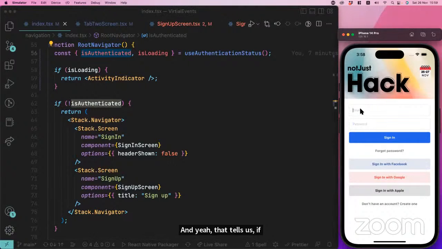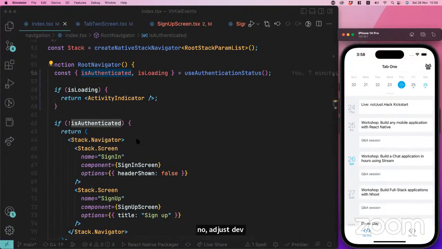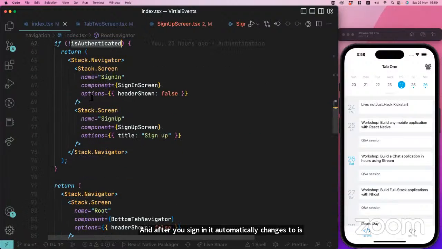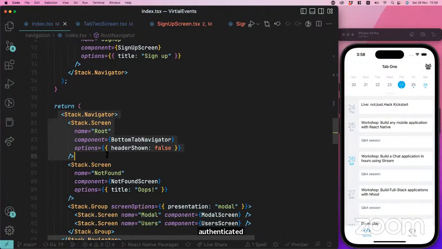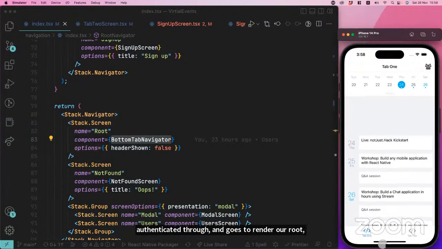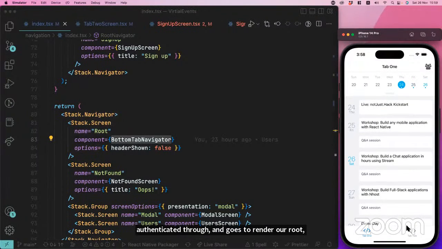Now let's go ahead and sign in the application. And after you sign in, it automatically changes to is authenticated true and goes to render our root bottom tab navigator, the main homepage. And from here, lastly, in your application, sometimes you need to know the information about the